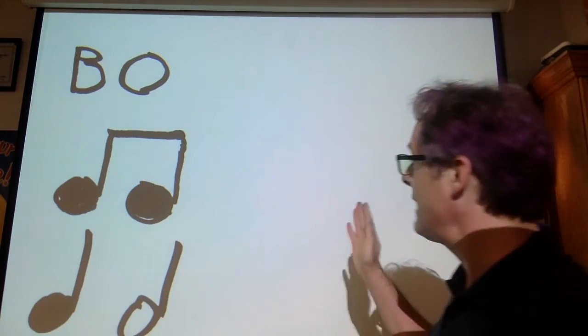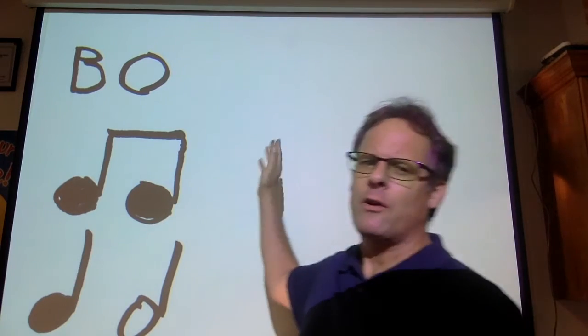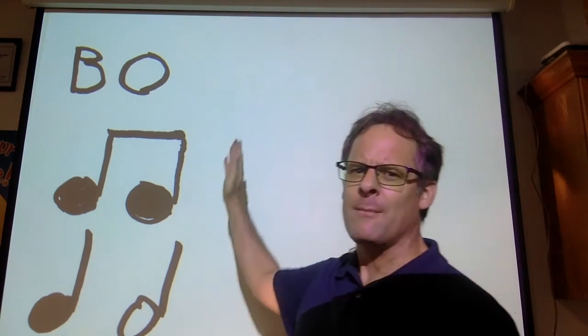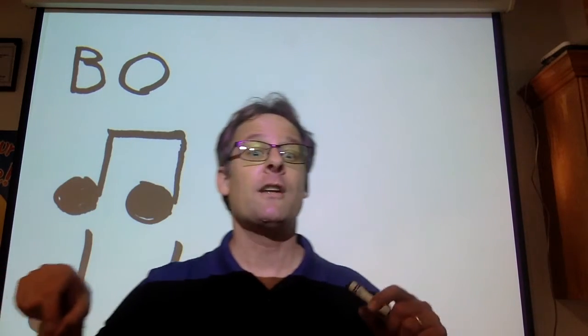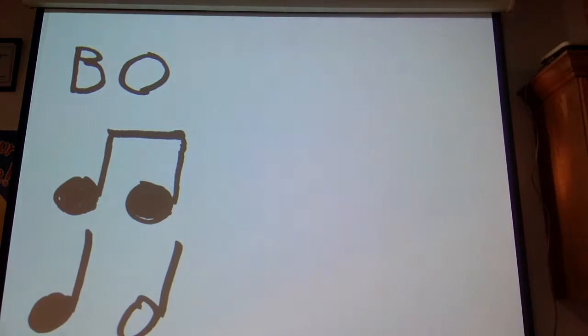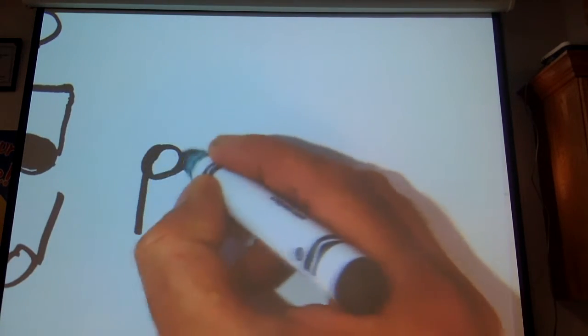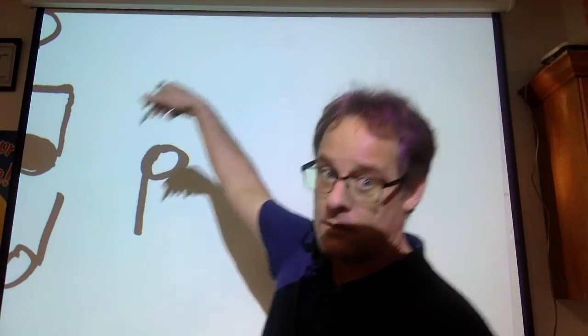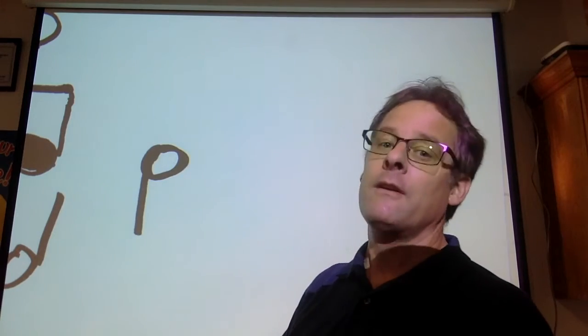Also, another thing, I like to remind myself that stems, you want to think for now of going up on the right, out of sight, right? Notice all my stems are pointing up. Now, yes, it's true. In music, there are some stems that point down. So if you're going to point your stem down, then you want to go down on the left, right? Let's say ta, down on the left. For now, I like to say up on the right because it's easier to remember and you can get it